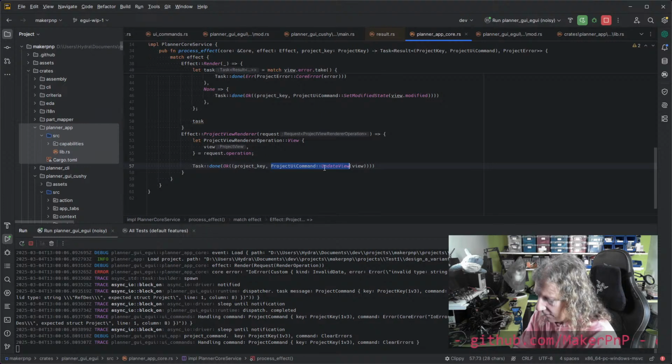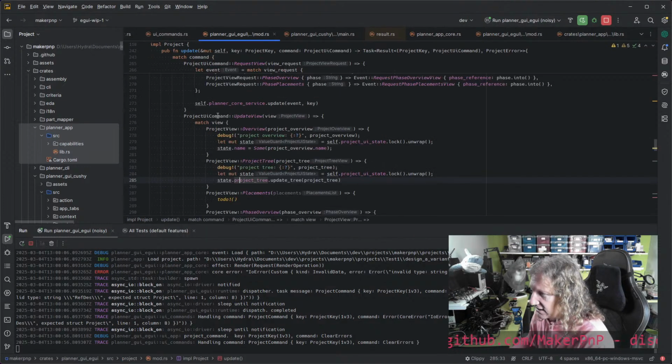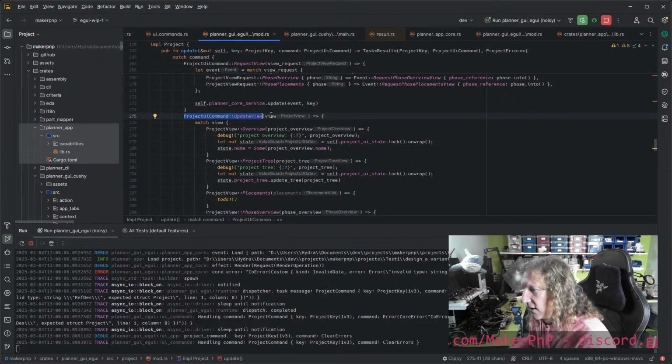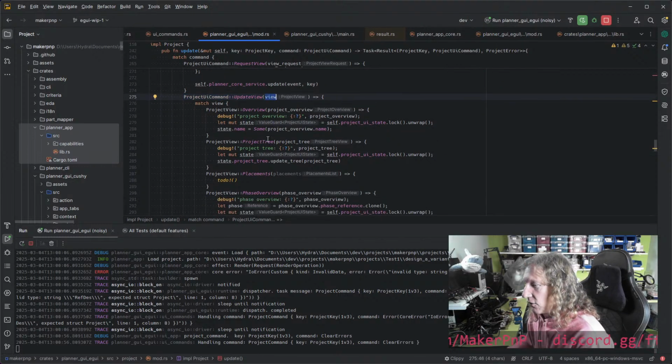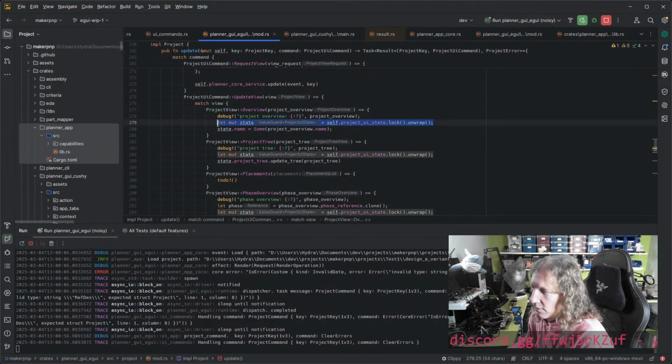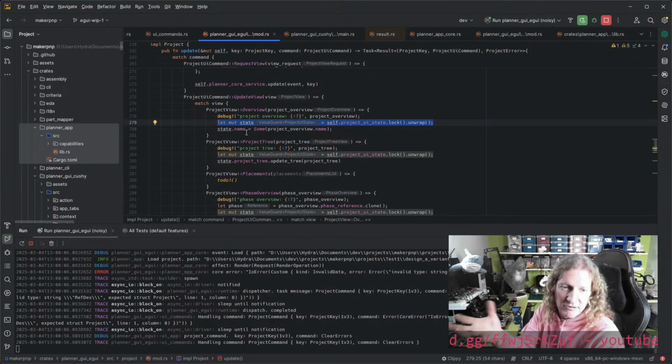All right, that update view message is this, so it gets processed. You get the view, and then if it's an overview view, then we get the project's UI state, and we extract bits of the view out of it that we want in order to put it into the